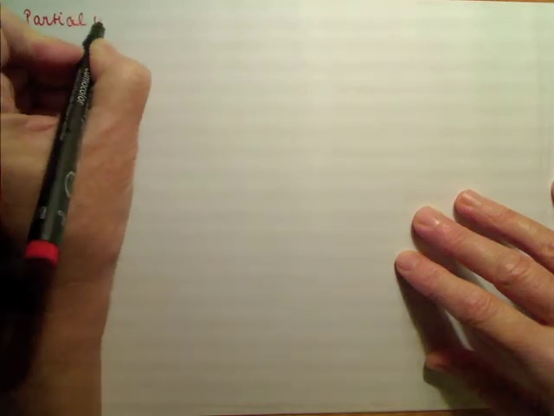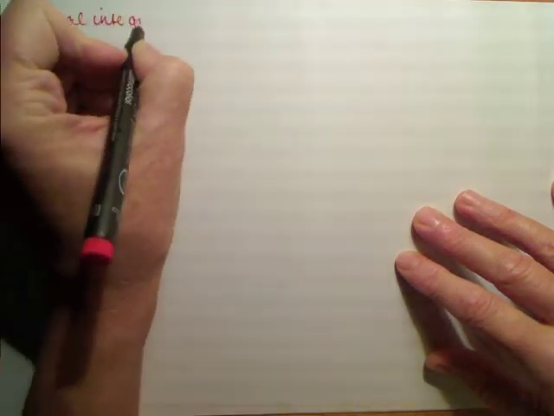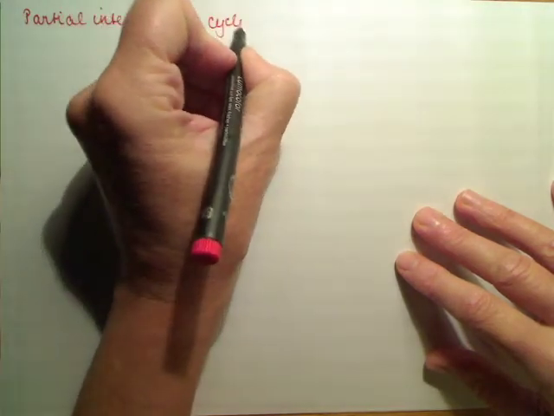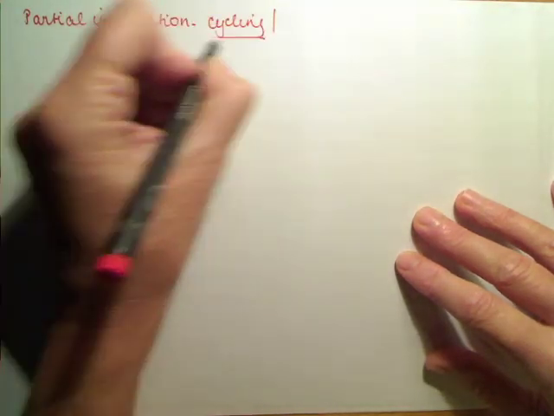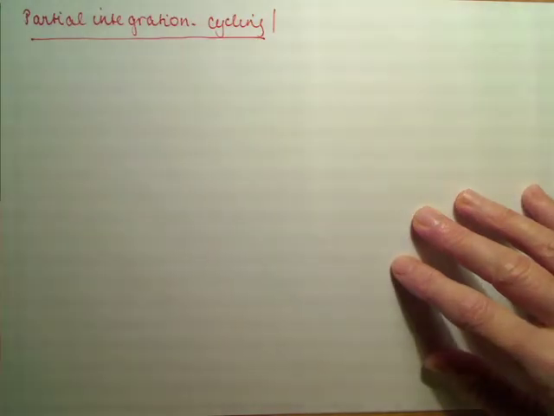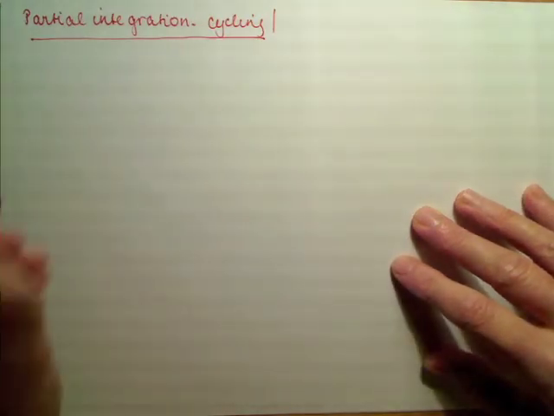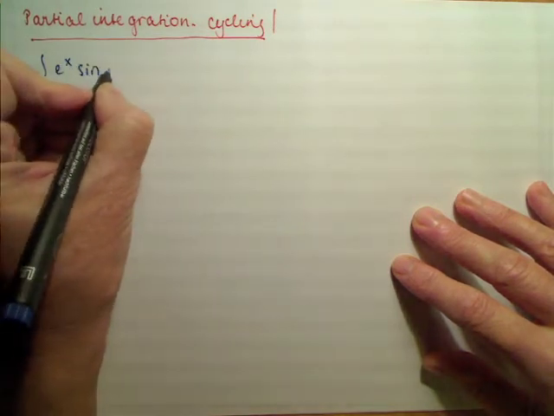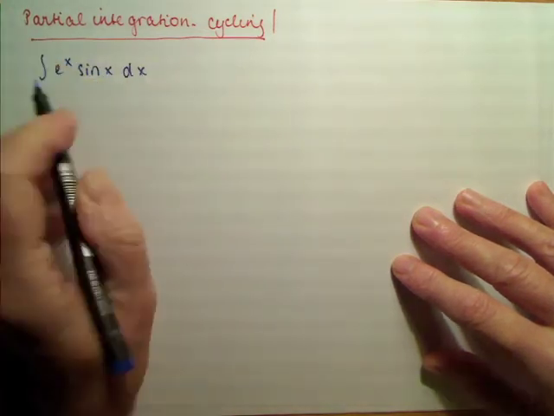As I already said in the last video, I will now consider an example of partial integration where a cycling phenomenon occurs. The example concerns the following problem, where we have to compute the primitive of the function e to the power